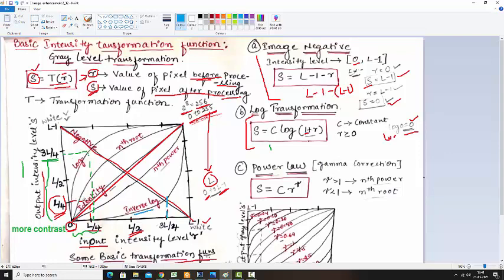So with the inverse log, what will happen? This one will be almost reduced to L/4. Here, the values from here to here, what is happening? From 0 to 3L/4, the white level is greater, but that is being contrasted within a small black level. So the black level becomes small, and we are inserting that big white portion within this L/4 region. So it will become low contrast.